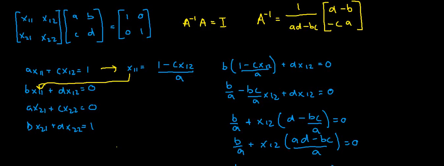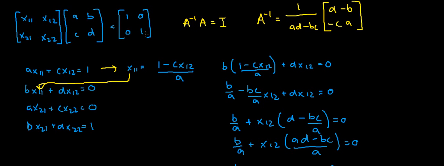I'm going to show how to get the formula for the inverse of a 2 by 2 matrix for those who are interested in that kind of thing. So this is how I did it. I just thought about, I'm looking for a matrix times my matrix A, B, C, D that gives the identity